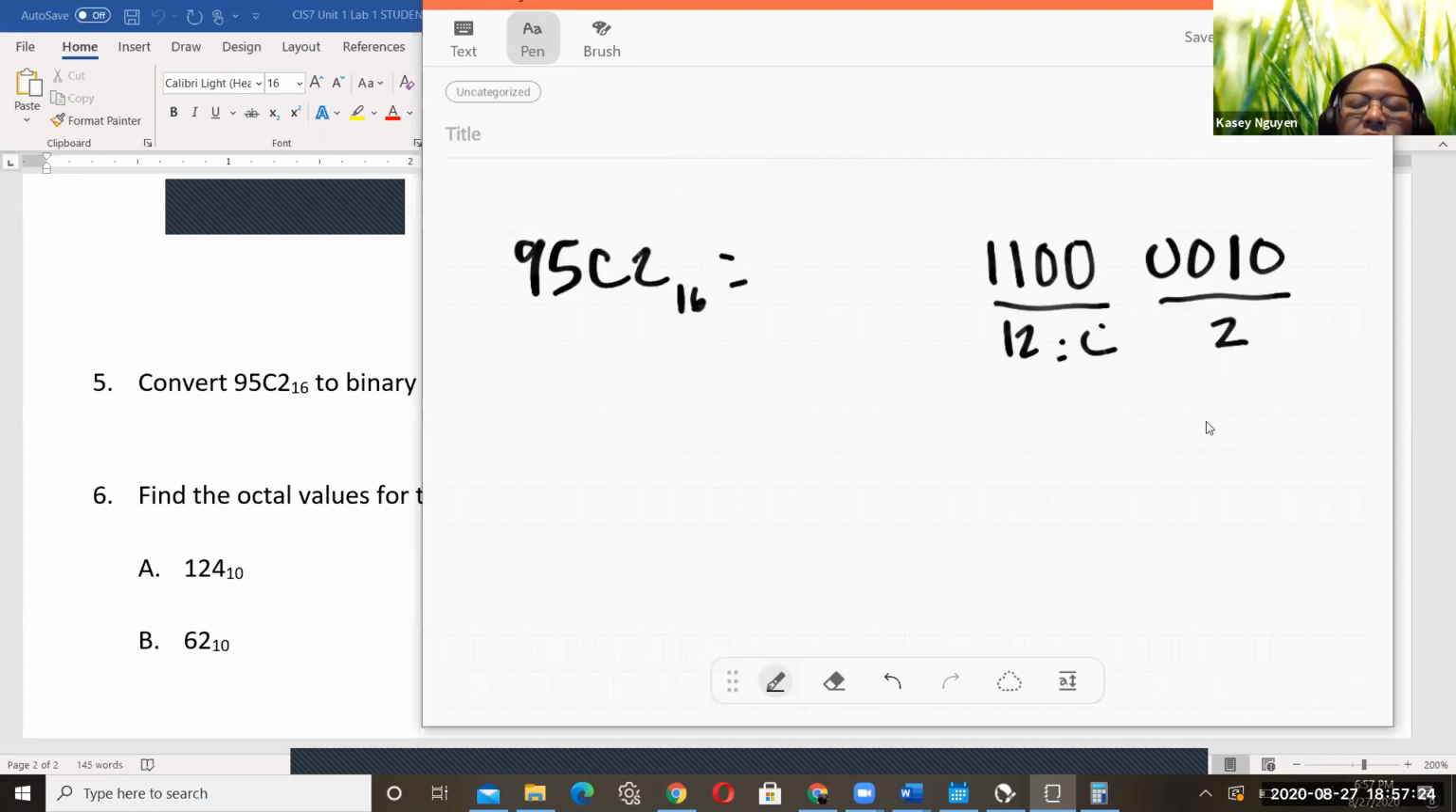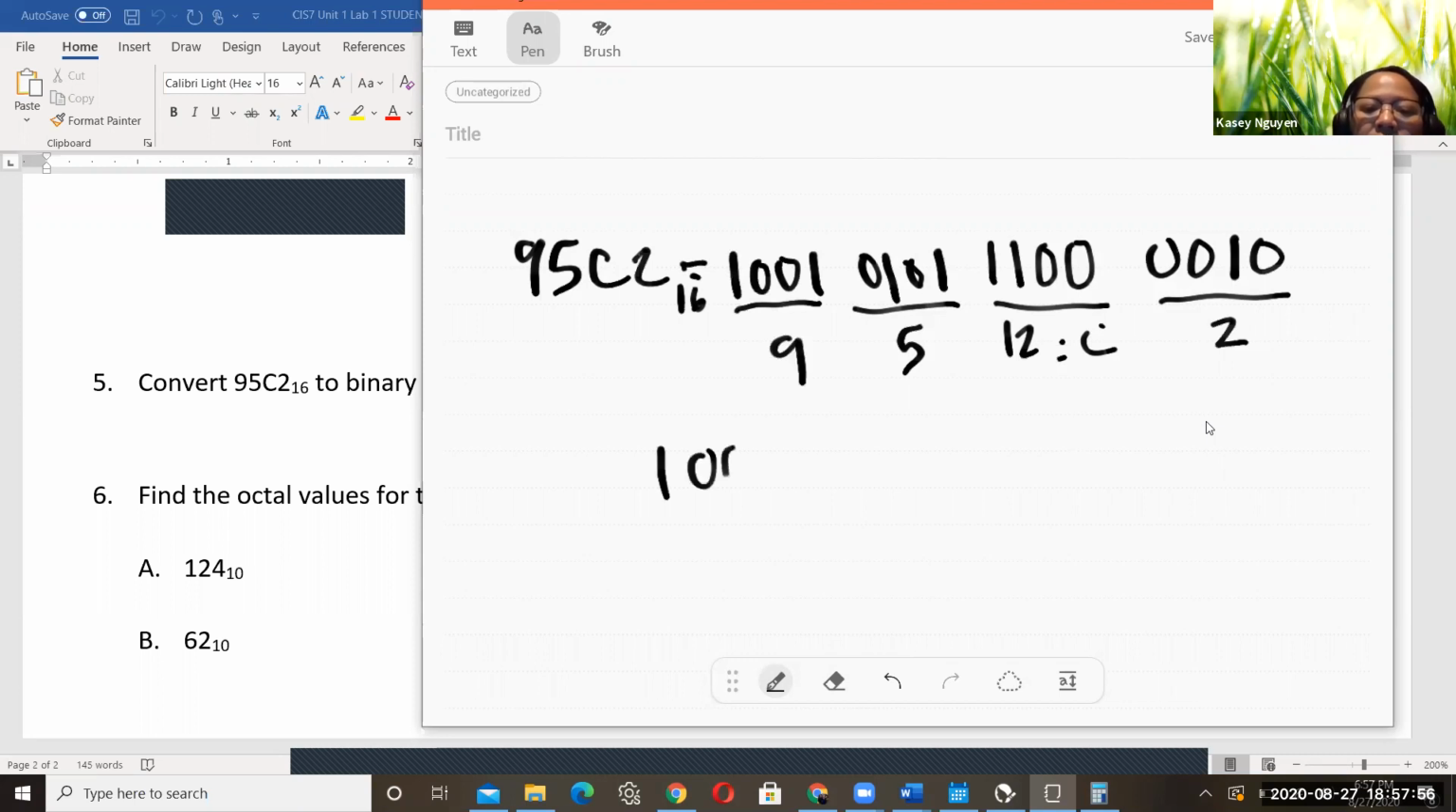5 consists of 4 and 1. So 1 on, 2 off, 4 on, and 8 off. So this is 5. And then 9 is easy, 1 and 8. So 1 on, 2 off, sorry, let me move this over a little bit. 1 on, 2 off, 4 off, and 8 is on. This is going to give you 9. So our answer for this is